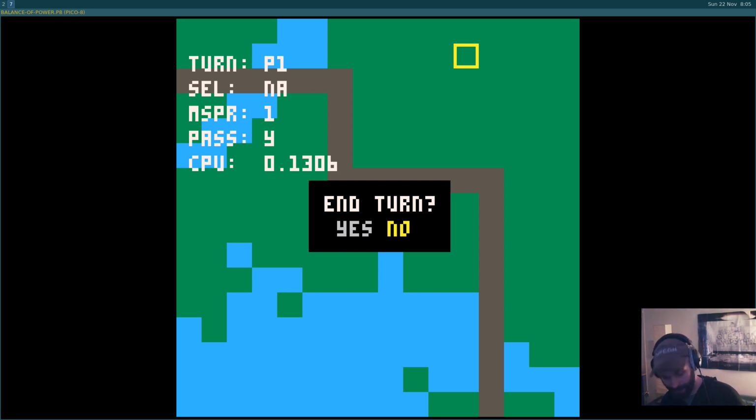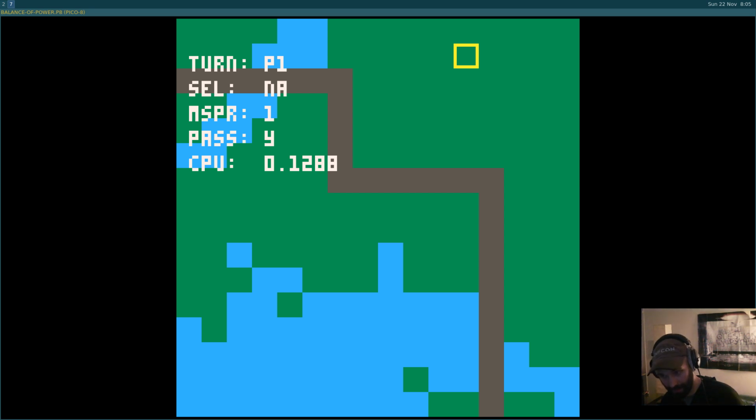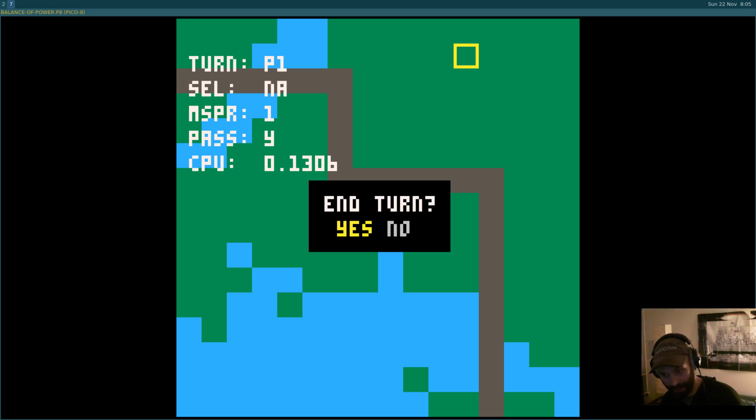We set cell to no. We select it. We pull up the menu. End turn is on yes. Go to no. We cancel the menu. We pull it up. So okay, so that works. That works. Now I think the last thing I want to do is